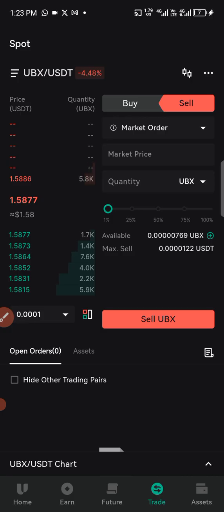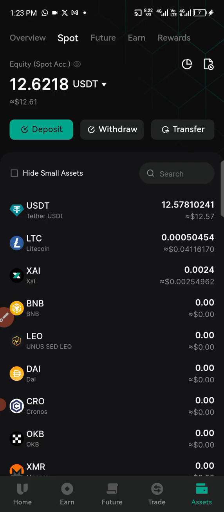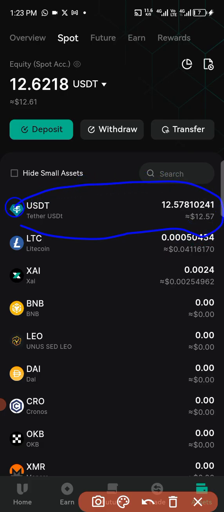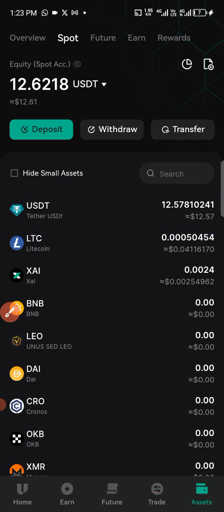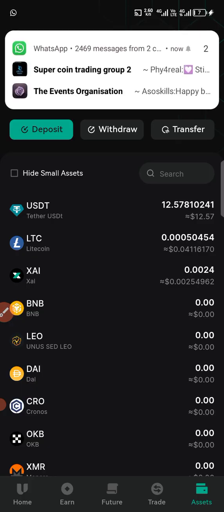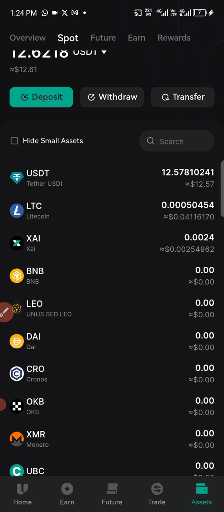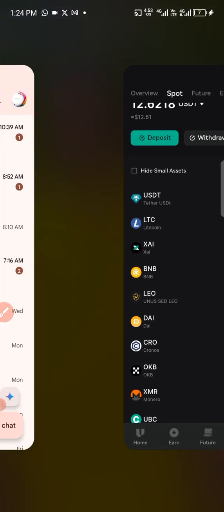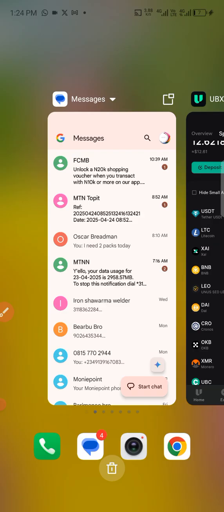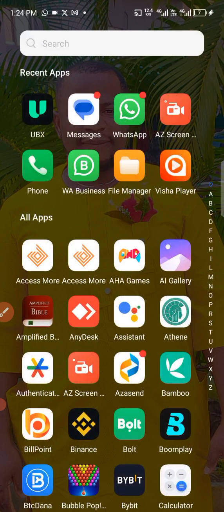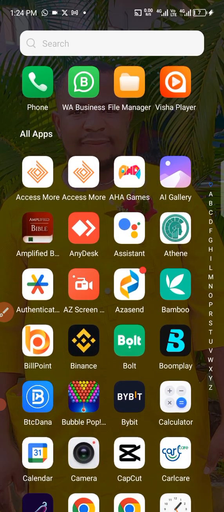So going back here, you click on assets. Right here you can now see that I've moved all my money into my USDT, which is very, very important. So now what I have to do is that for those of you that have Bybit, you have Binance, you have Remitano, some of you that have Roqqu, you have Luno, and the rest of it. All you have to do, I will navigate to my phone. Sometimes I use Remitano, but in this video I'm going to